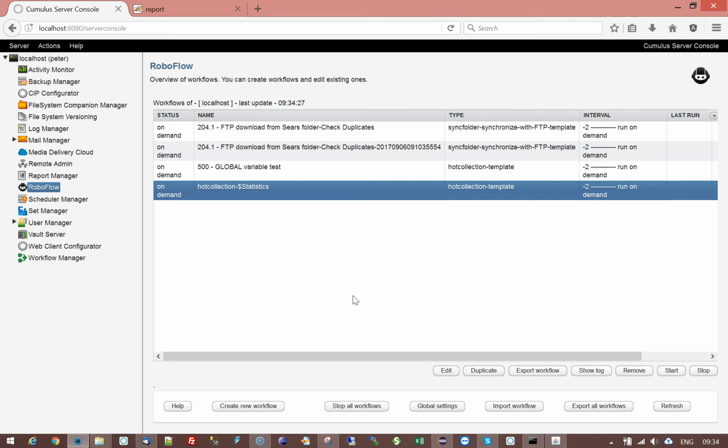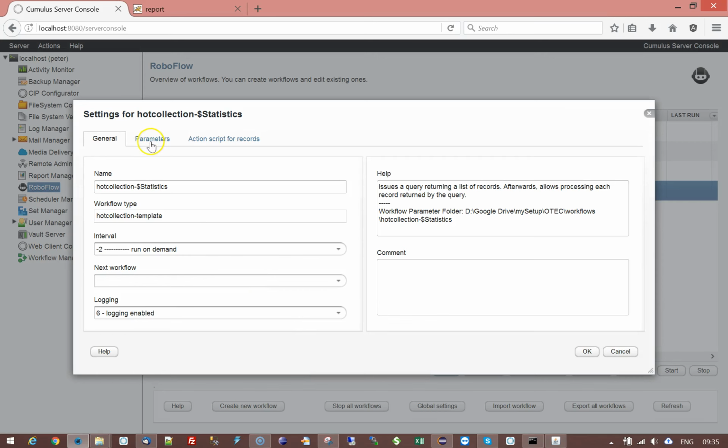Here is an example of a training movie that is going to create an email report that gives the user an overview of information that is in your $statistics catalog. To take a closer look at the workflow